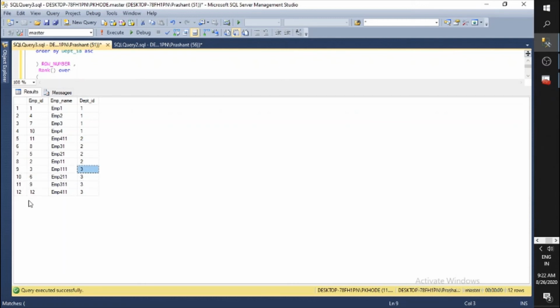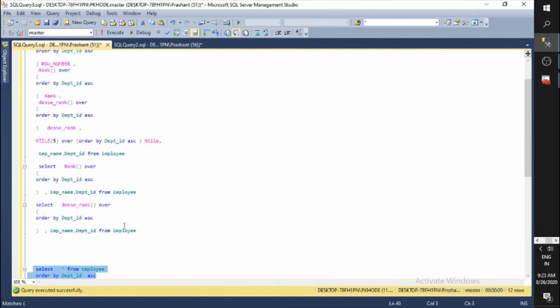So in that case the sorting or the row number would not be applicable on the entire data set. It needs to be applied on a specific grouping. So I need to partition this. I need to group by department in the order by, then only it would be possible. So how would I do that?